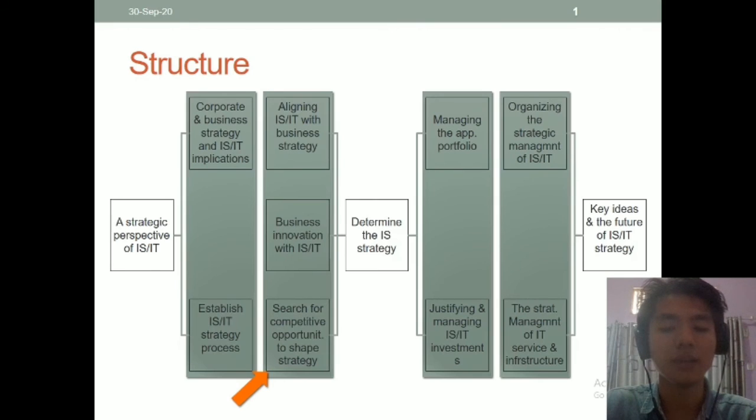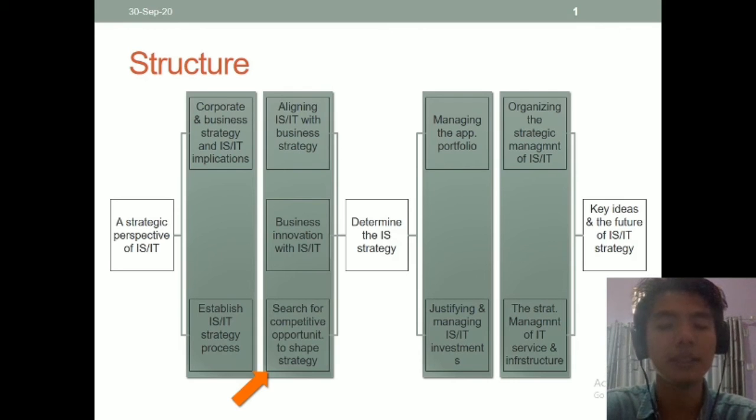The first slide is the structure, which is a strategic perspective of ISIT that includes corporate business, strategy, and ISIT implication. The other one is establishing ISIT strategy process, and then we have